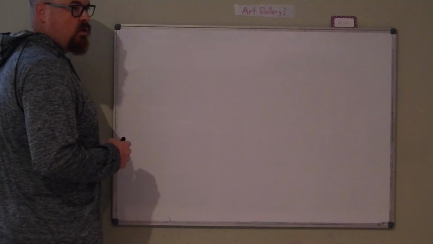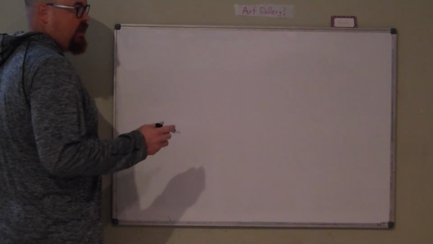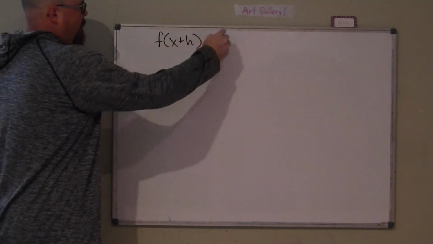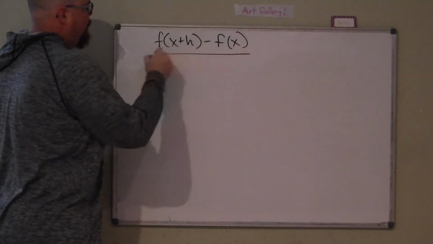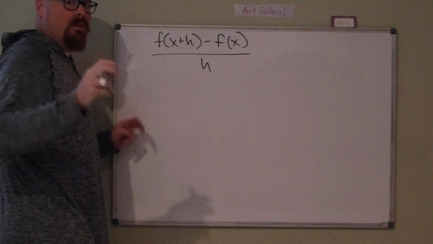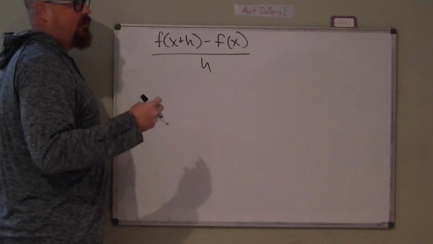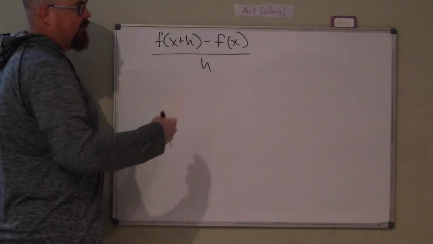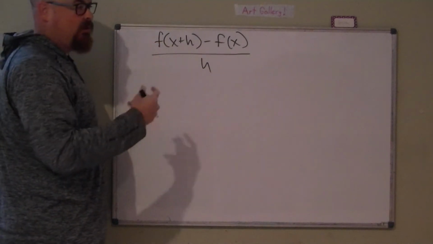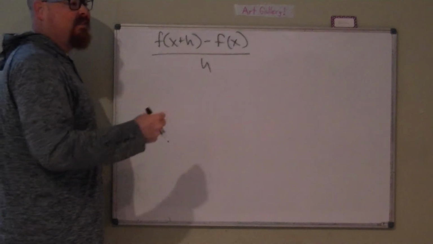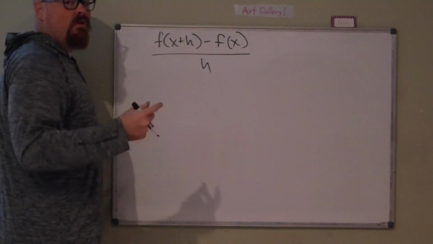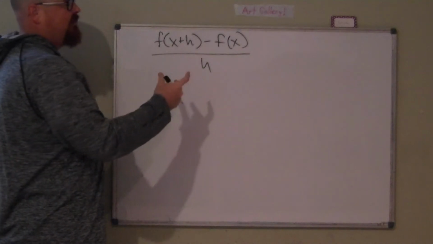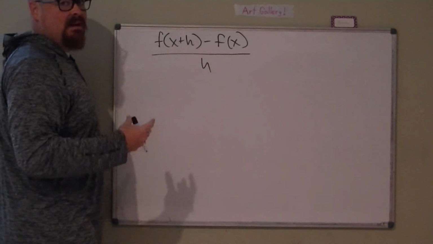Working on difference quotient. So we introduced this yesterday. We talked about how the difference quotient is a very specific, I call it a formula. It's not necessarily a formula that gives us a numerical output, but it's a format for doing something. Now, what this does and how this helps us, we're not going to talk about until we get to limits, which is down the road. All we're focusing on right now is how to algebraically simplify, how to write it and simplify it given any